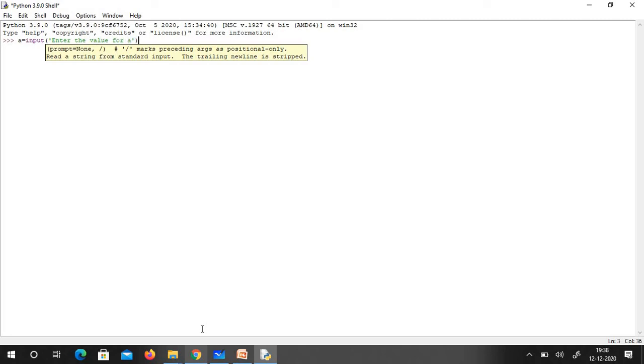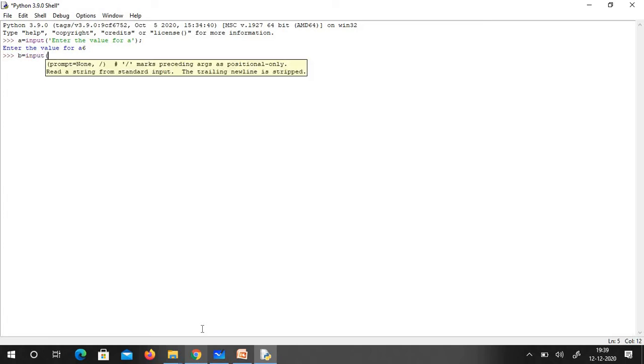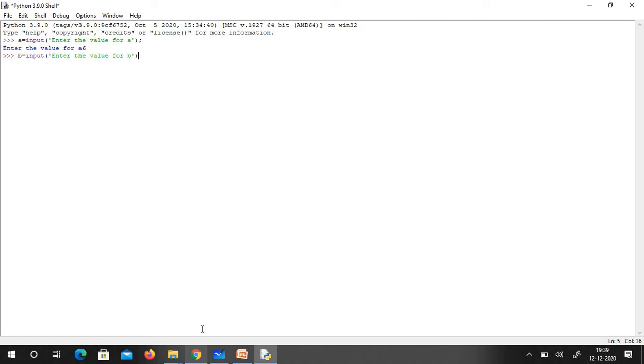I close the message, and it takes the value 6. Then b is equal to input, another number to add or multiply: enter the value for b, and I enter the value 4.